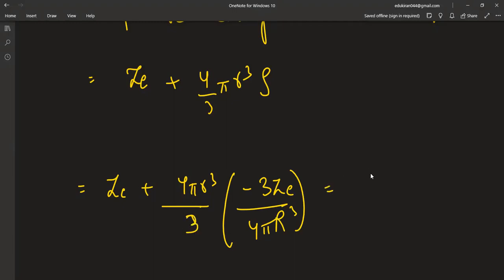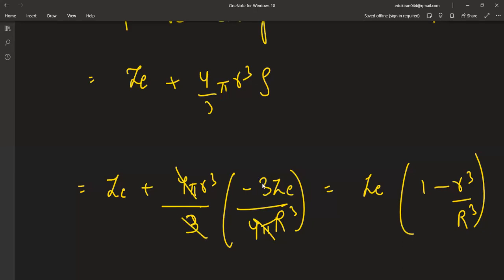So if we take ZE common, we'll be left with 1 minus small r cube by capital R cube, because 4 pi after taking common and even being multiplied here, 4 pi directly would be cancelled. 3 would be cancelled. ZE has been taken common. 1 minus small r cube by capital R cube is only left. Now if you apply Gauss theorem,